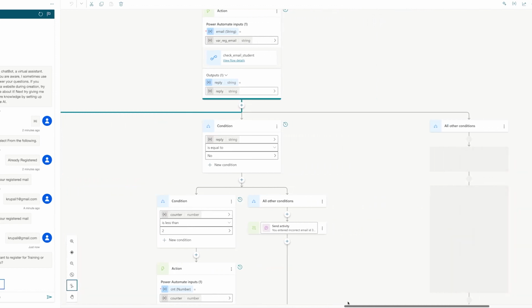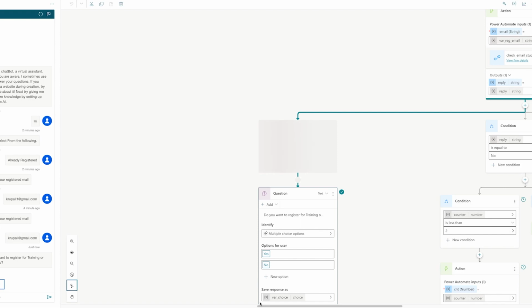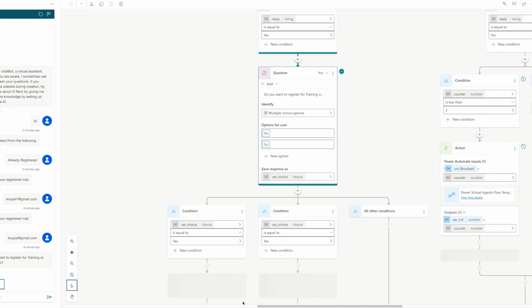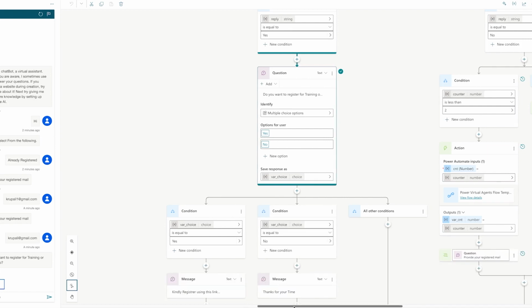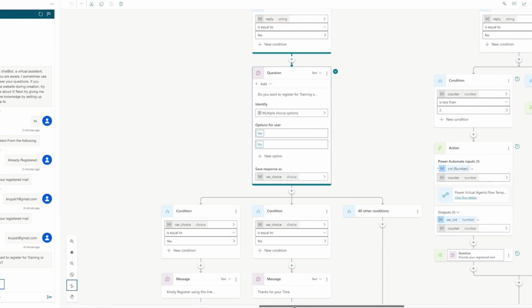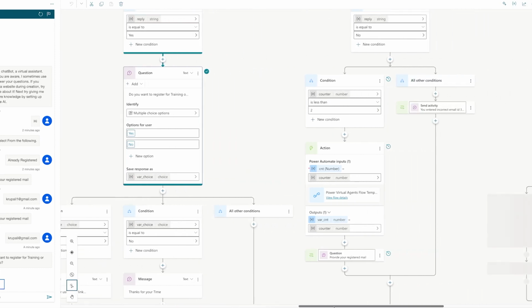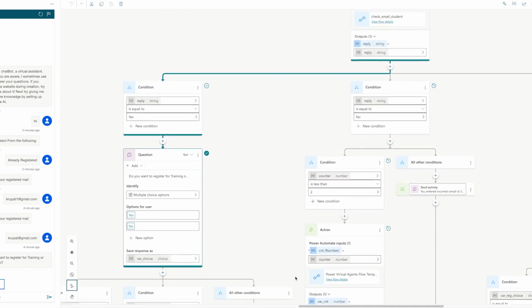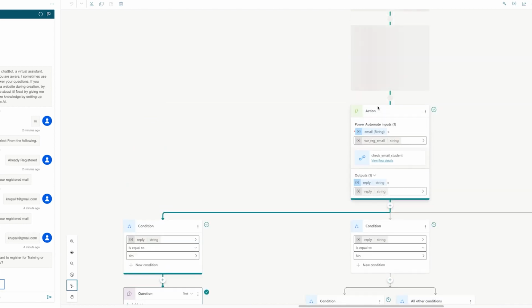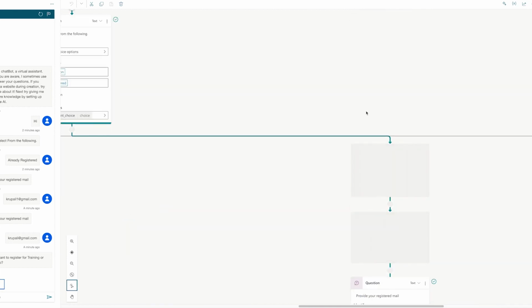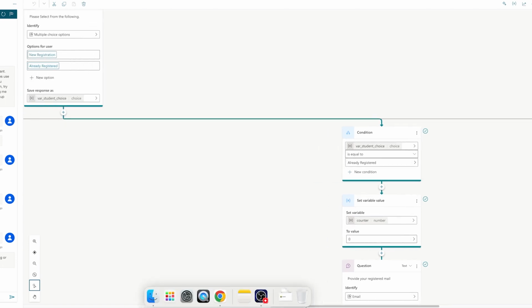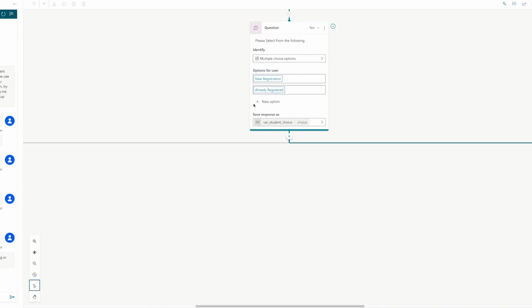You know the process for when the student is not registered: we take the data and then we take feedback. So till now you have developed this, I assume. For the rest of the things, I have already developed them and will show you how I did it. Now you know how to ask a question and how to add things. So we have done the asking part, let it load first.